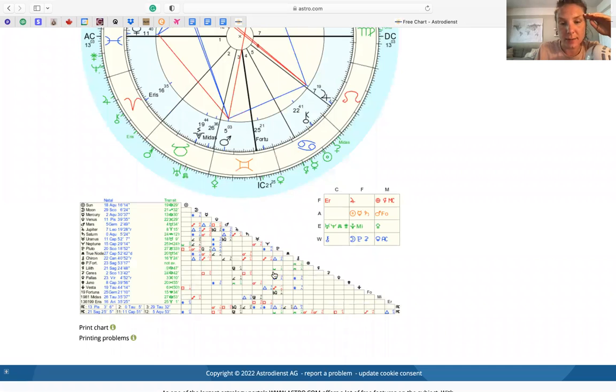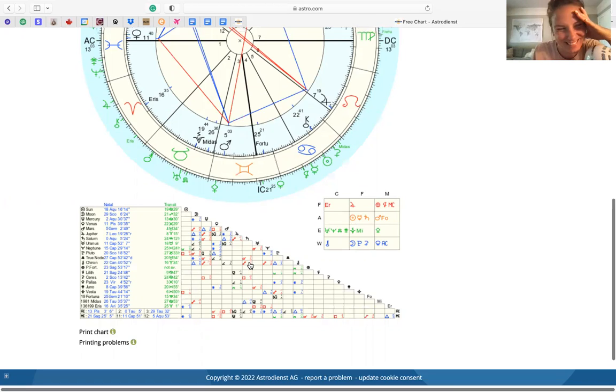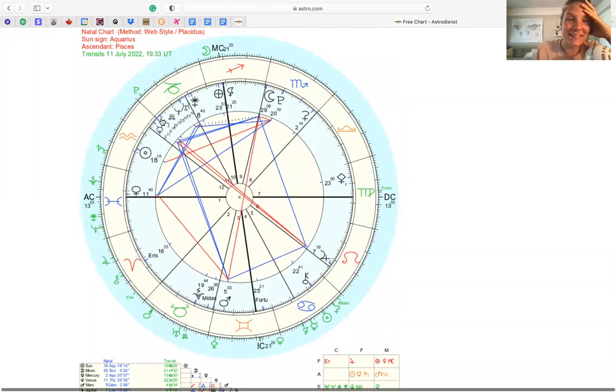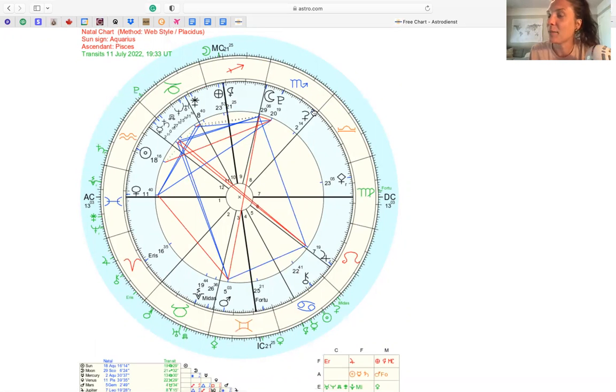Are there any aspects? Right away, there's a square to Saturn. Of course there is. So this person has a square to their Saturn in the 11th. This could be a dynamic that is challenging, if we take Kyris as family relationships, challenging with communal relationships, a desire for freedom with Aquarius, right? Between the head-butting relationships potentially of the family